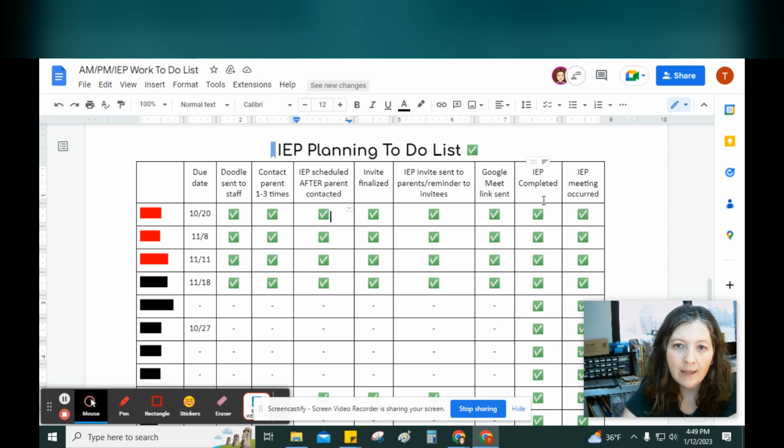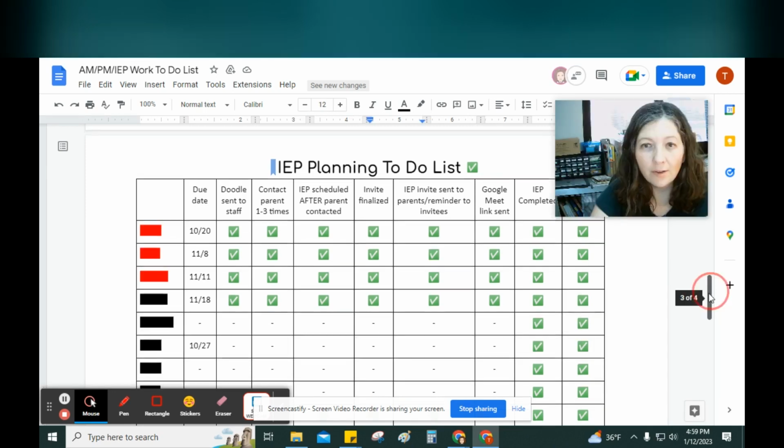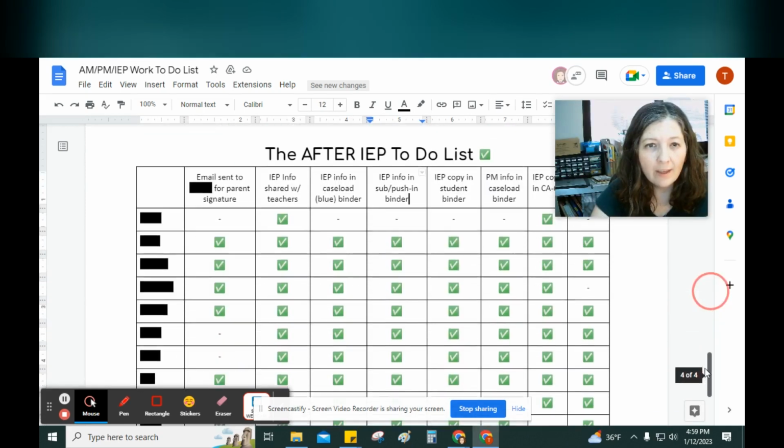And then IEP is completed. So I just finished writing the IEP, ready for the meeting. And then the IEP meeting occurred. So those are all the things that I have included for planning the IEP. So then, for the after IEP to-do list,